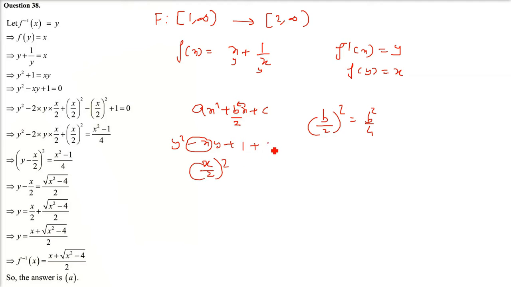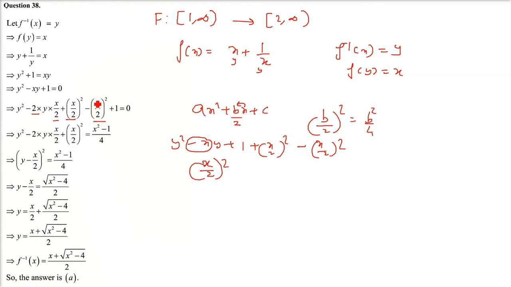So x square by 4 has to be added and x square by 4 has to be subtracted. This we have done to make it a perfect square. So in order to make a perfect square, see, y square, now xy is there, so you can just add a 2 in the numerator and denominator just to make it seen with x by 2, because you have x by 2 added and subtracted square. So now we have a perfect square.